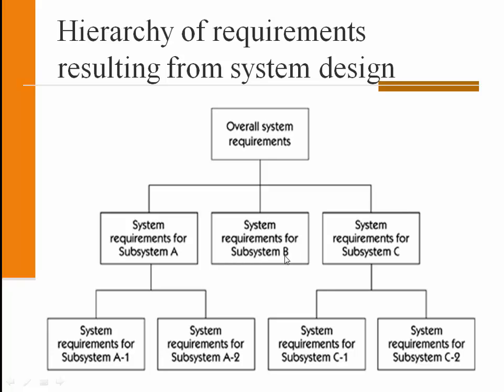Let's say subsystem A is going to have one requirement set, subsystem B is going to have one requirement set documentation, subsystem C is going to have one requirement set documentation, and similarly for the next level subsystems go with the requirements document individually for all the subsystems